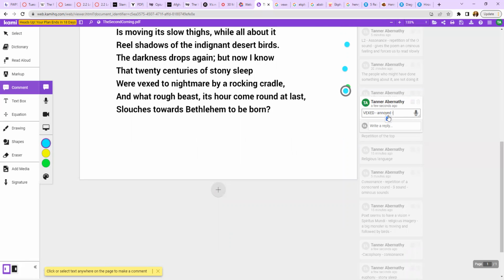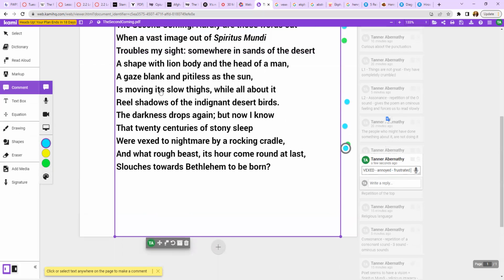Annoyed. I think frustrated here is a good one, right? Because it says maybe this thing, this nightmare, didn't want to happen, right? And so if we're going back to the World War I metaphor that this poem might be responding to,